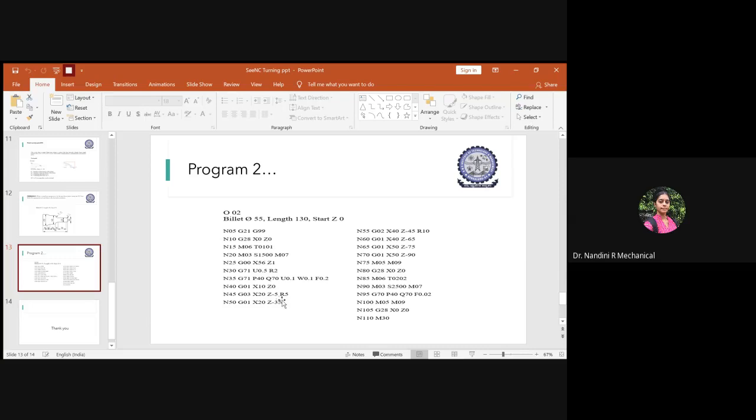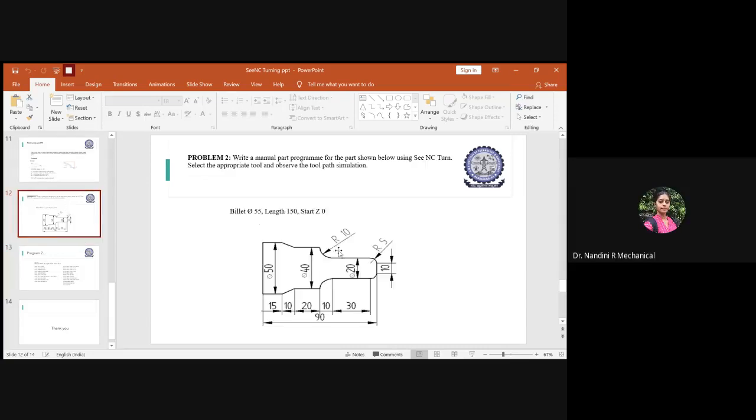Ma'am, can you explain how X is 20 again? At the N45 step, how X is 20? It should become 15, no? No. See here. First, this was X10, no?